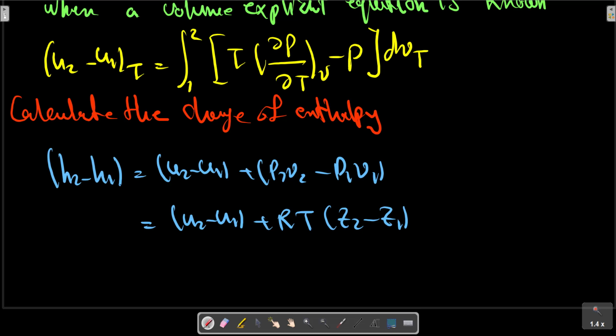We follow the second of these approaches since the Lee-Kessler generalized equation of state is a pressure explicit form in terms of specific volume and the temperature. The Lee-Kessler generalized equation is expressed in terms of compressibility factors, so we can write Z multiplied by RT on V equals P, where